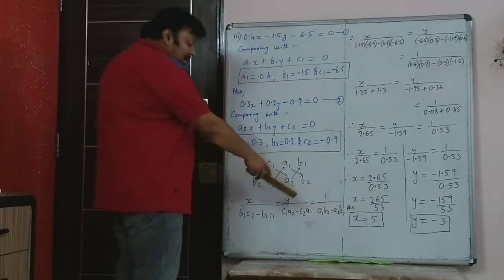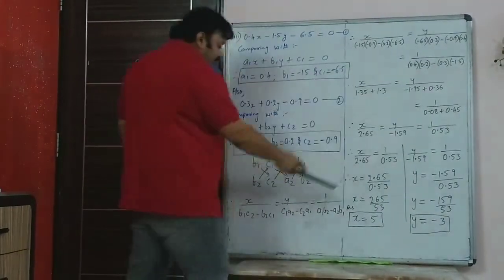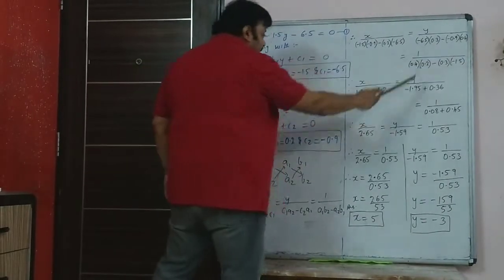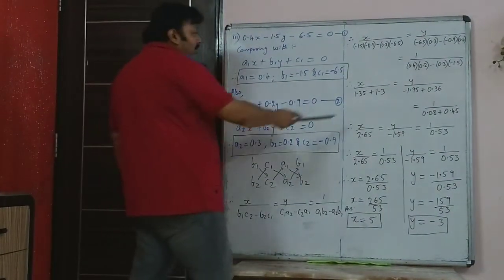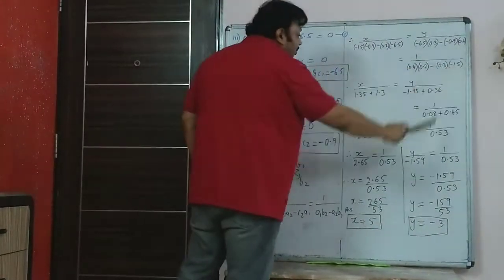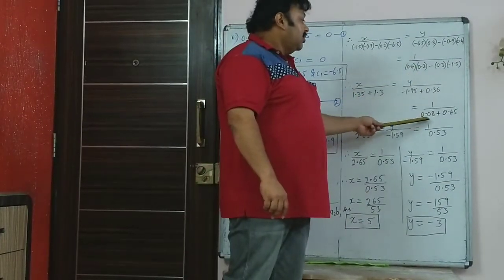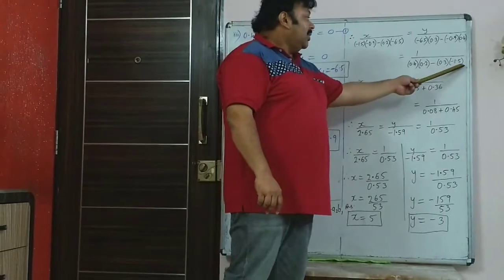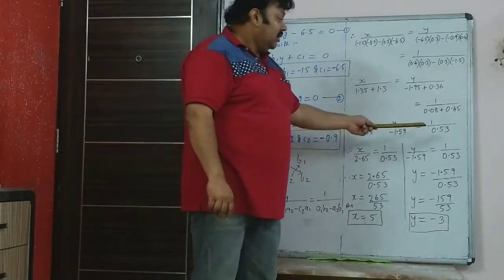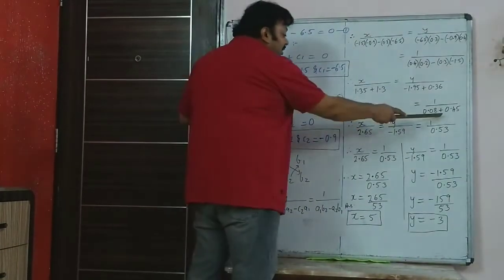And the last term, 1 upon A1 0.4 and B2 0.2 minus this minus sign, A2 which is 0.3 and B1 which is minus 1.5. So this becomes 8 but 2 decimals, so 0.08. And this becomes 45 with 2 decimals, so 0.45. So it becomes 1 upon 0.53. Then pair the first and the last.